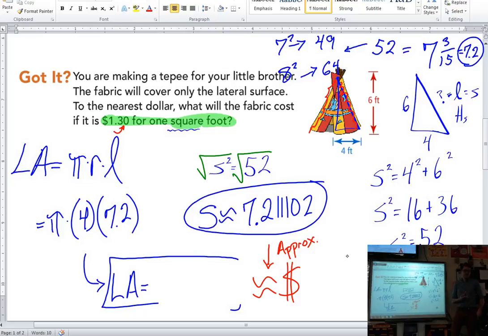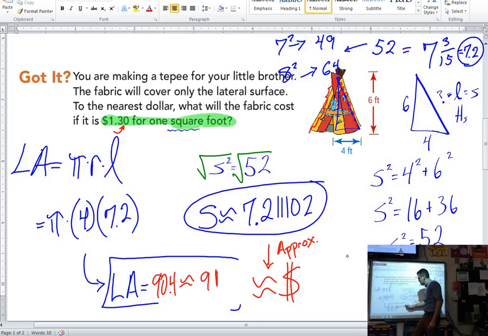So, would you get 90.478? So, if we're gonna round to the nearest square foot, the 7 would round the 4 up to a 5. Technically, it'd probably round down, but since we're doing math in real life, I'm gonna round it up so I have extra fabric. So, if it was like 90.4, I'm gonna say, I'm going to round and just say 91